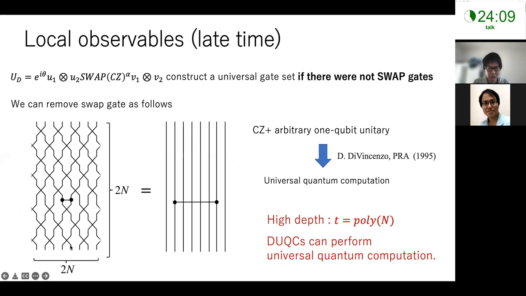And if we apply swap gate at almost all times, and if we apply CZ gate at a single time point, then this dual-unitary quantum circuit is equivalent to this quantum circuit. We can immediately show that if you just track this qubit, you find that this is equal to the identity gate. So now we have shown that we can remove the subgate from this unitary gate by using this